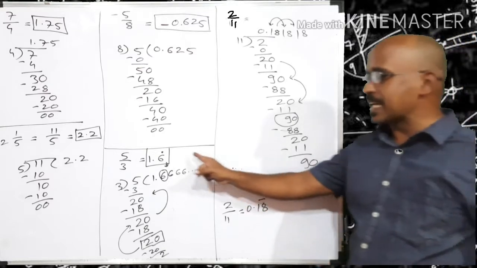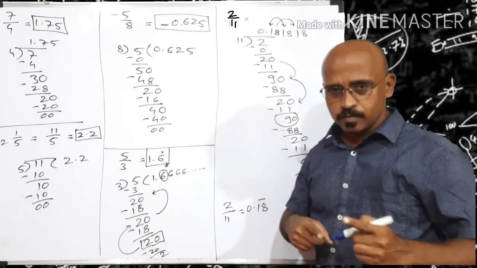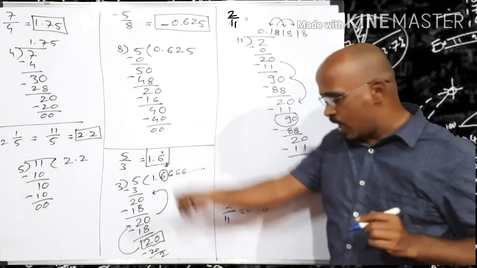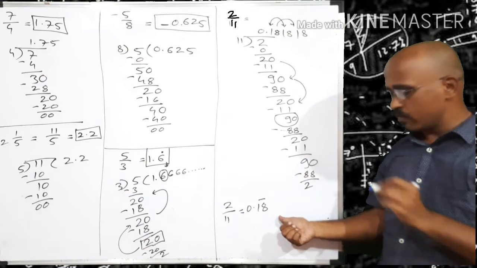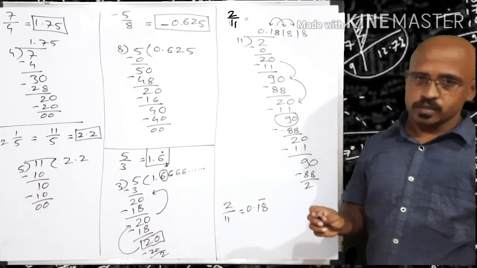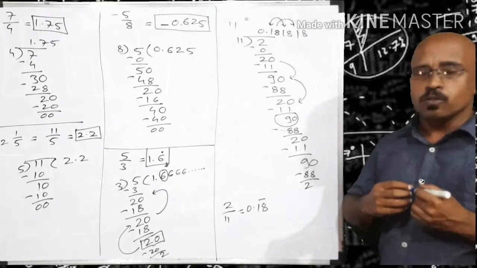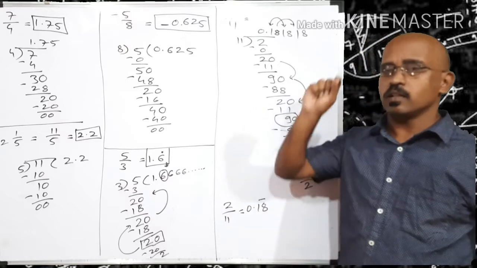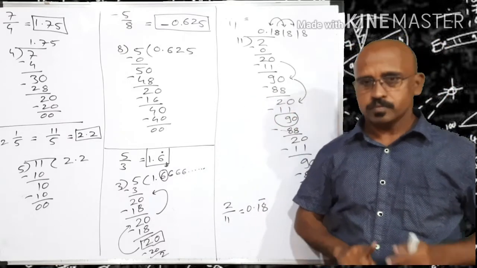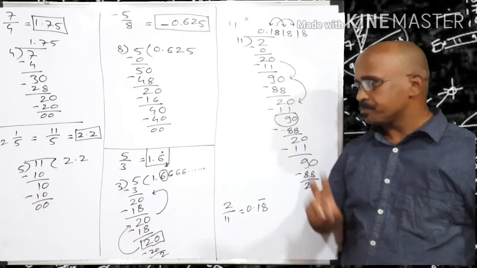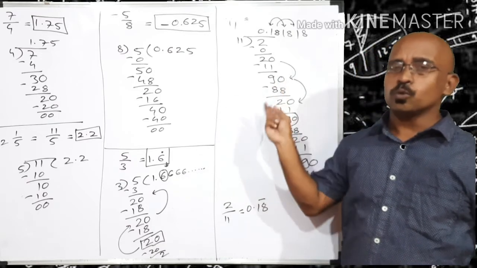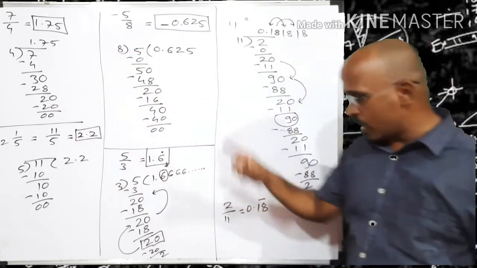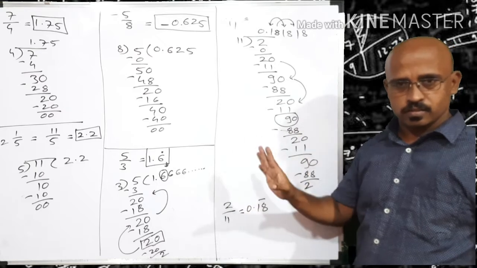So friends, in recurring division, if only one number is recurring, if only one digit is recurring, give a dot on the top of the number. And if a group of digits is recurring, give a bar or a dash on the top of the digits. That is the only case. So friends, in this video we learned how to represent the decimal equivalent of a rational number. First thing. Second thing we learned, there are two types of decimal equivalents of a rational number. One is terminating and another one is non-terminating, right?